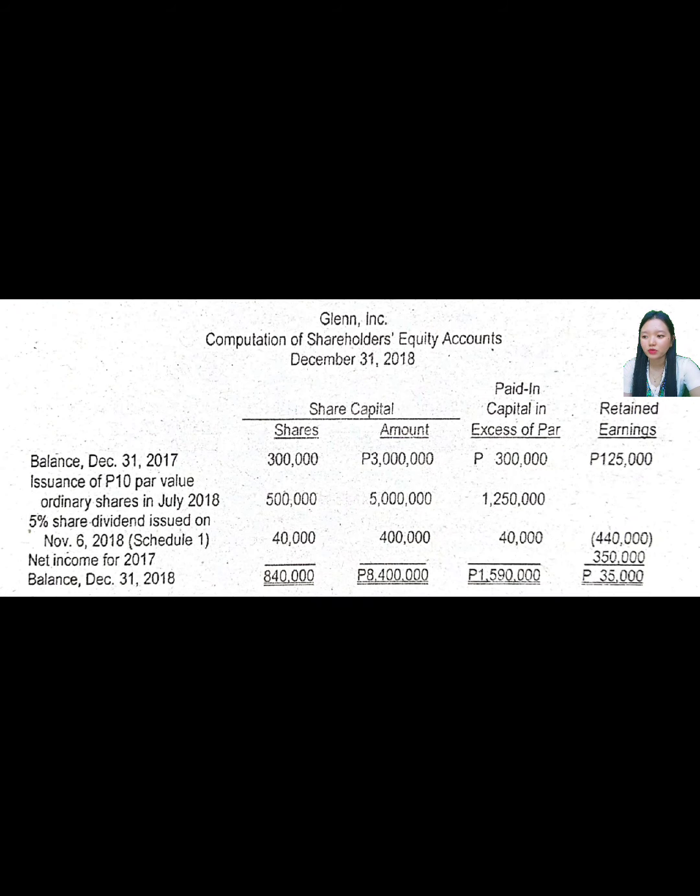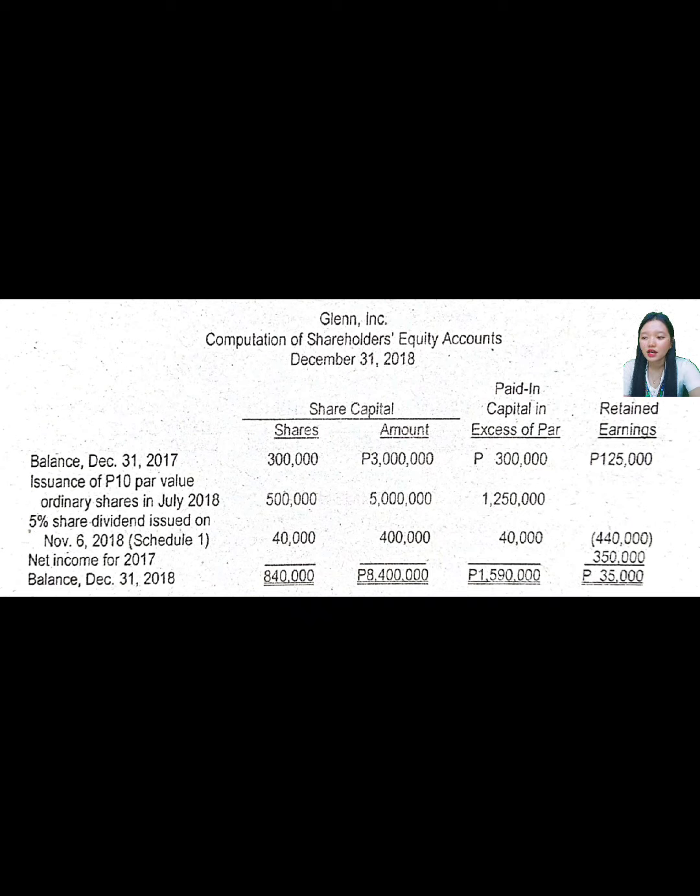Next, Glen Incorporated computation of shareholders' equity accounts on December 31, 2018. So our balance for December 31, 2017, our share capital shares is 300,000 and our share capital amount is 3,000,000. Paid in capital in excess of par, 300,000 pesos, and a retained earnings of 125,000 pesos. So issuance of 10 pesos par value ordinary shares in July